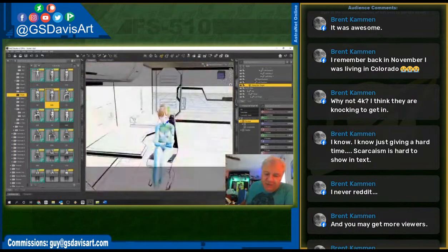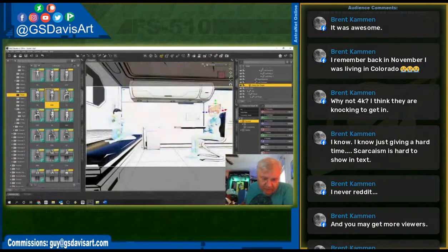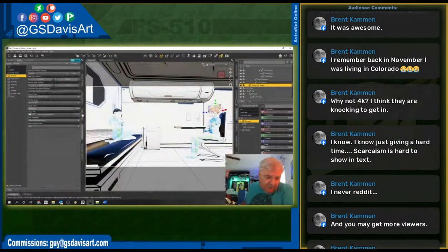Now, when I line up her eye target to the face, I'm going to line up her eye target slightly to the right, because from the camera view, we want to be able to see that her eyes are looking up, right? But this has to be an identical shot to the previous one. So we're going to hit render,